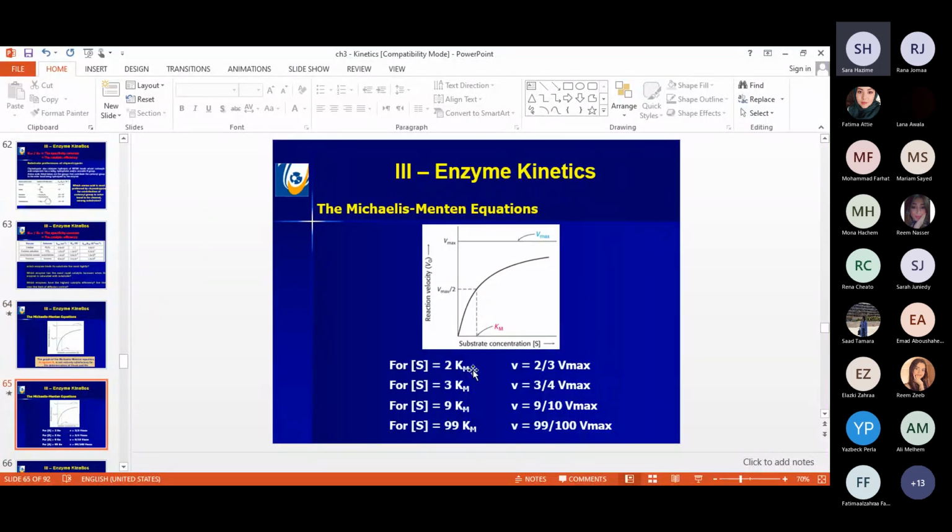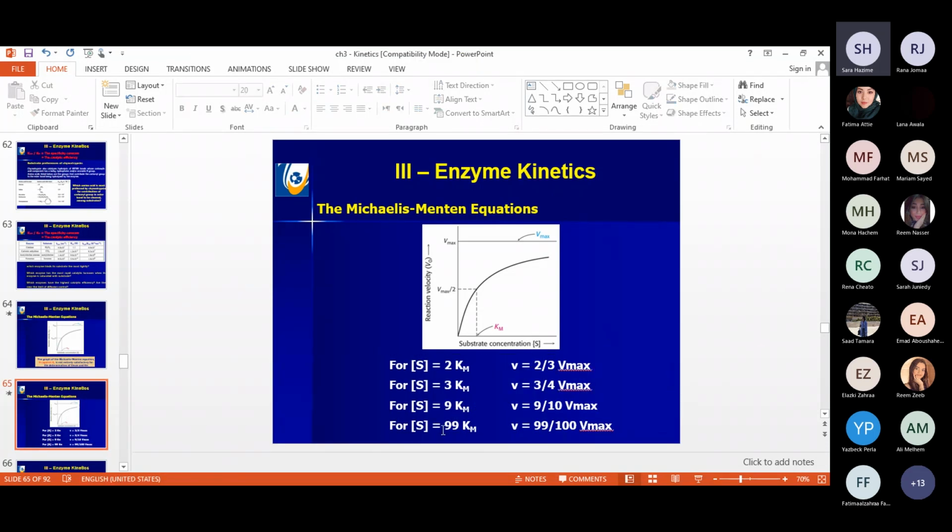Keep in mind also, we know the Michaelis-Menten equation: V0 equals Vmax times S over Km plus S. So when you consider S equal to Km, you reach a velocity V0 equal to 1/2 Vmax. When you increase S to 3 Km, you reach 3/4 Vmax. You increase it to 9 Km, V0 will be 9/10 Vmax. To reach 100% of Vmax,